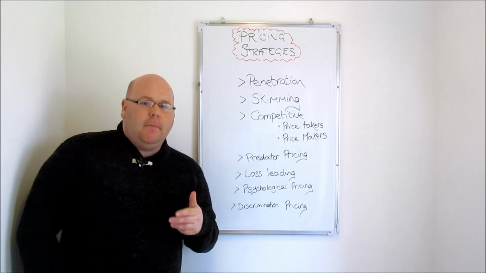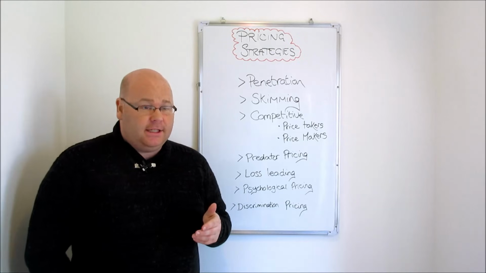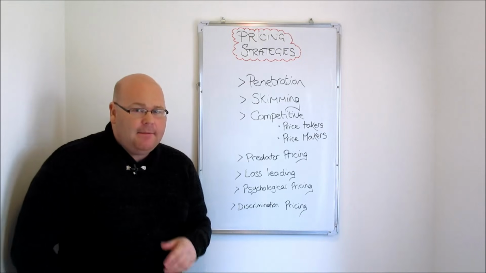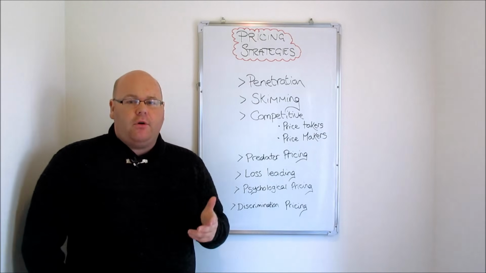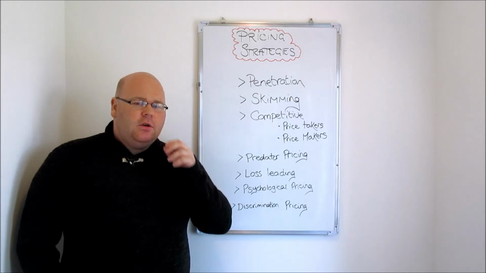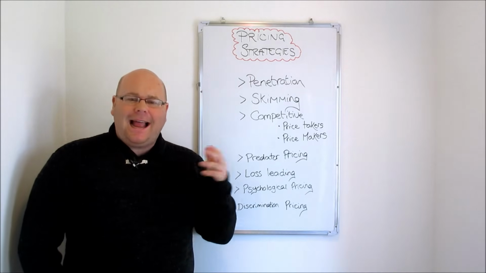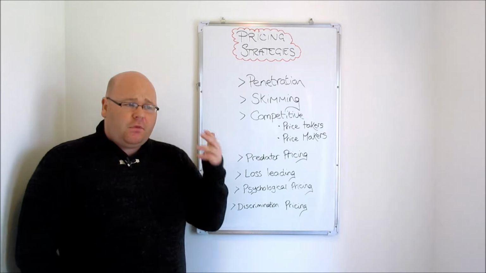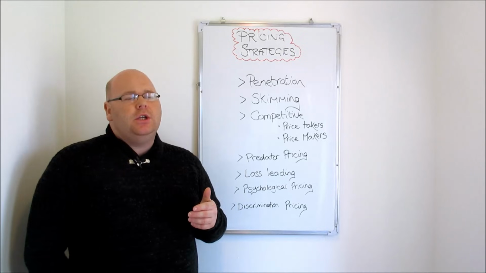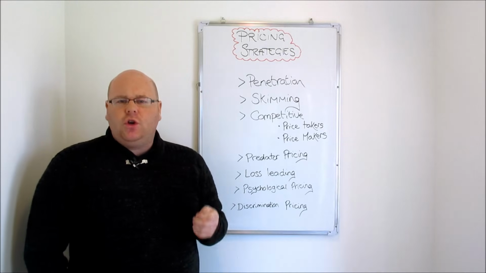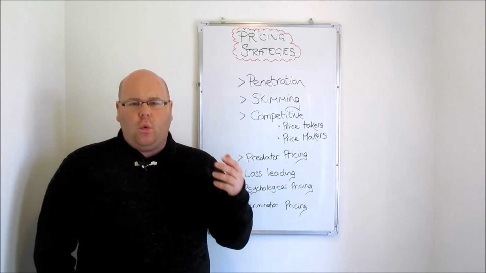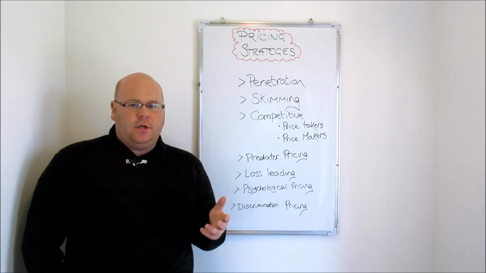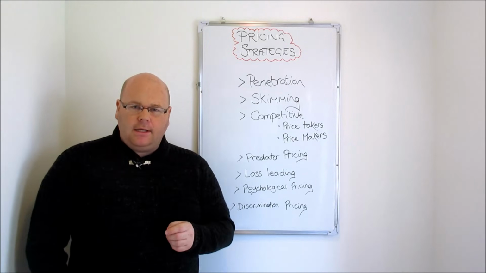Another pricing strategy might be to launch what's called competitive pricing. This is where we pitch our price at a similar level, not necessarily exactly the same, but a similar level to other products on the market. What we're trying to do there is take price out of the equation when consumers are making their purchasing decisions. We want consumers to base their purchasing decision on some other aspect of marketing, such as the quality of the product, the place strategy that we've used, maybe the promotions that we're using, but not on price, because we're pitching our price at a similar level